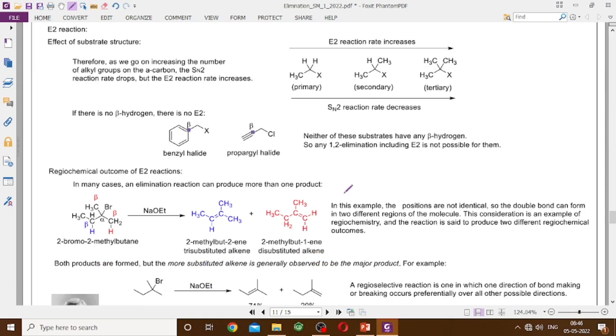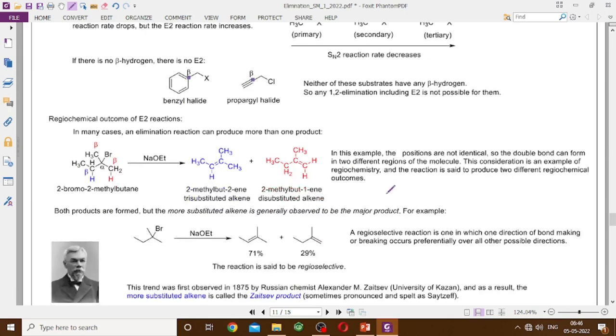Here comes another facet of E2 reaction, that is the regiochemical outcome. এখনো পর্যন্ত আমরা যে E2 রিঅ্যাকশনটা দেখেছি সেখানে আমরা টারশিয়ারি বিউটাইল ইউজ করছিলাম বা আইসোপ্রোপাইল ইউজ করছিলাম, সেখানে দুটো বিটা কার্বন বা তিনটে বিটা কার্বন ছিল but they were equivalent. But what if I am to take a substrate where the beta carbons are not equivalent? For example, if I am to take 2-bromo 2-methyl butane, the alpha carbon is this one. There are actually 3 beta carbons, 2 of which are equivalent, the red marked beta carbons, but the blue marked